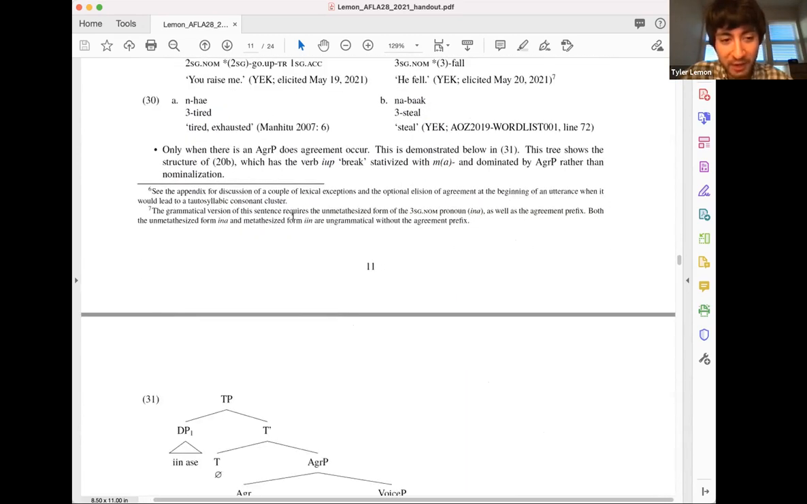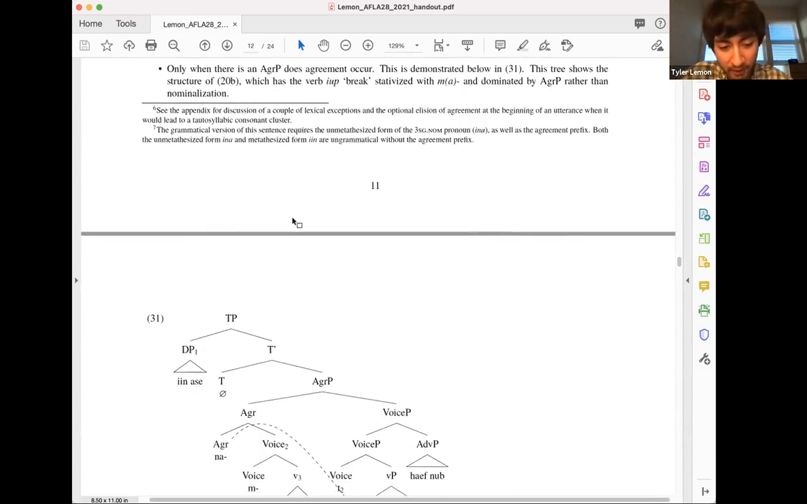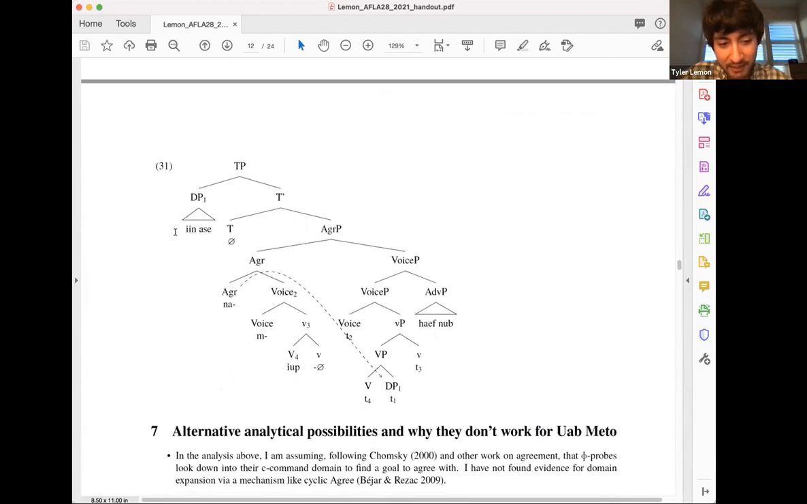So I guess only when there is an agar does agreement occur. And here its axle is broken twice to demonstrate that even when you have the state of ma, you need the agar present in order to get agreements in the verbal complex. And I'm pretty sure I'm out of time, so I'm going to walk through this next part in about a